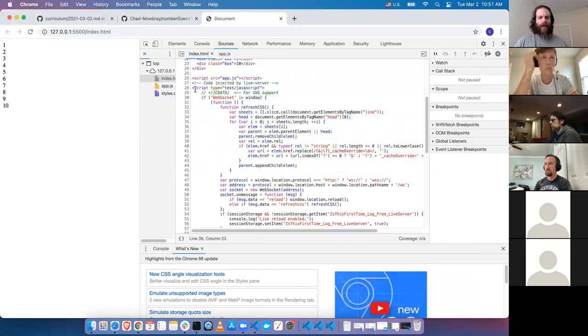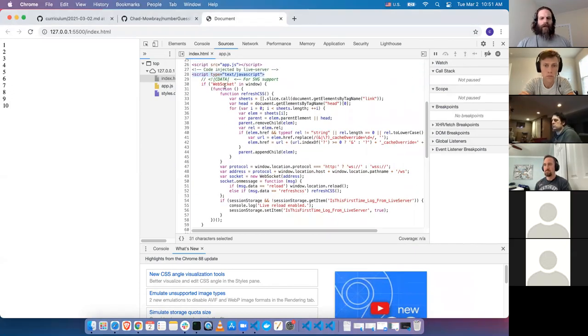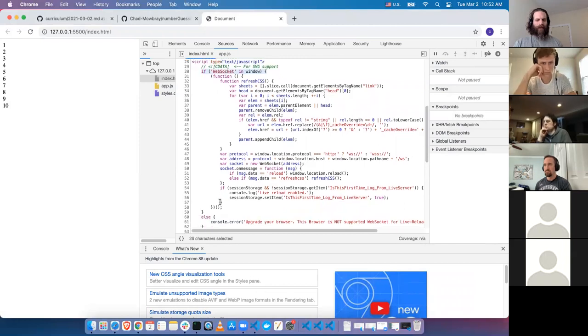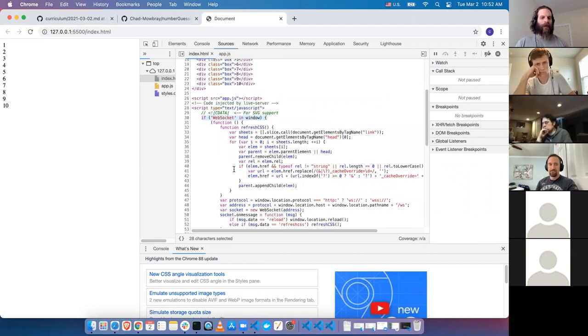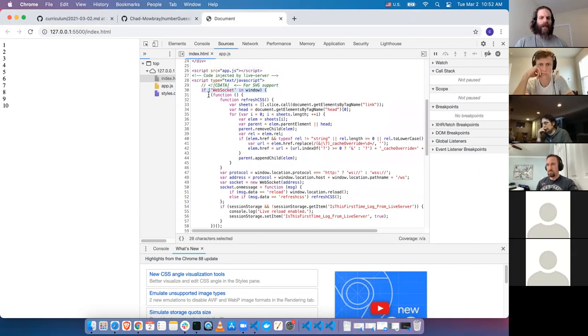Here he has a script tag, so he's inserting a script tag, which you could do. Just like CSS, we can have a separate file and import the file, or we can just have a script tag right in our HTML file and run things out of there. So can anyone tell me, there's two major things happening. One, there's a huge if statement. And then else. Basically, he's just checking if there's this WebSocket. Can your browser handle WebSockets? And then this inner function here,